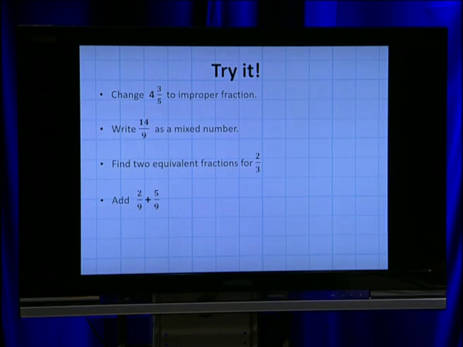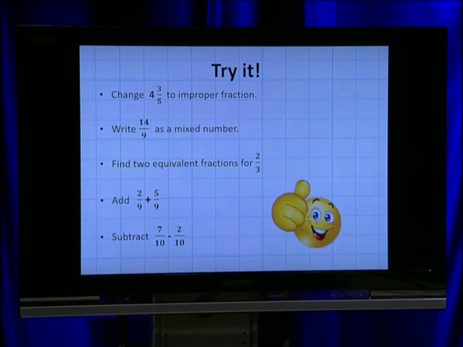Try to add 2/9 to 5/9. Now here they have the same denominator, so it's easy to add, right? Try to subtract 7/10 minus 2/10. Again, the denominators are the same, so it's very easy to subtract. Please try these questions out, and I'm pretty sure you would be able to do it all correctly, because out there you all are